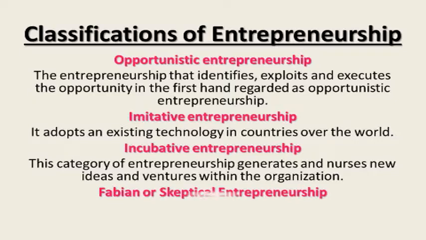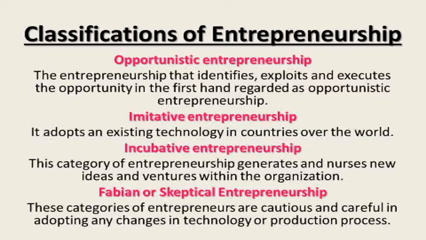Another entrepreneurship classification is Fabian or skeptical entrepreneurship. These people change when things are extreme. They don't change at the beginning. They will not change by just seeing that technology or something has changed. They will change after considering that now they are making laws, and they have made enough laws that they cannot get back to the position they were. When they change like that, this is not the best way for somebody who wants to become an entrepreneur.